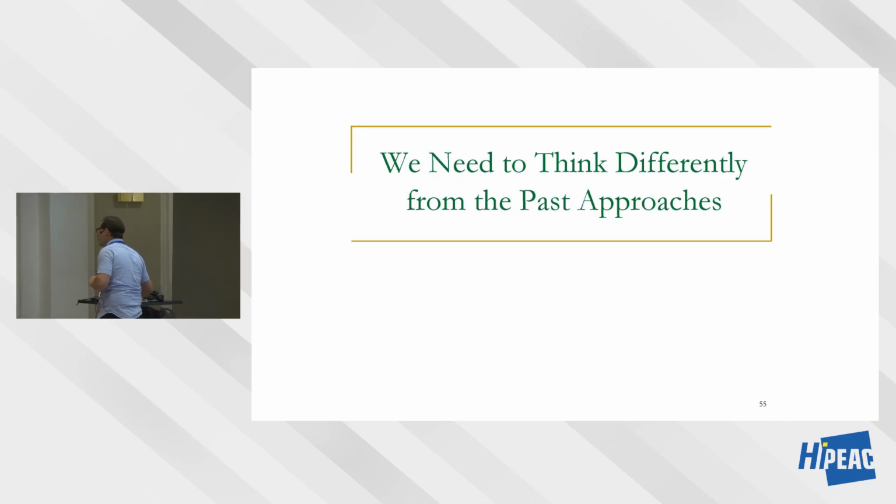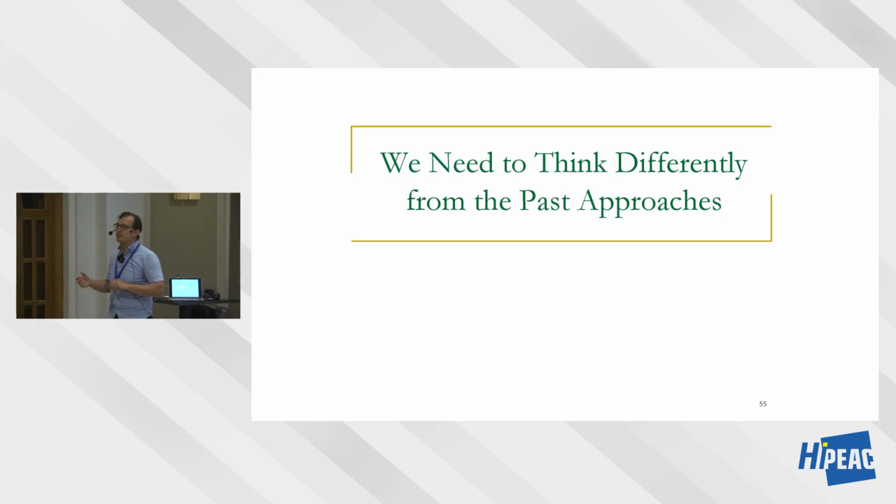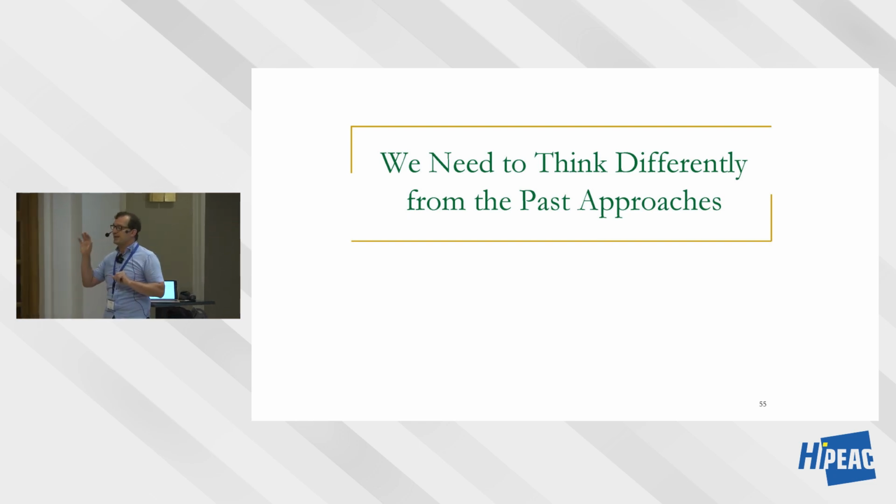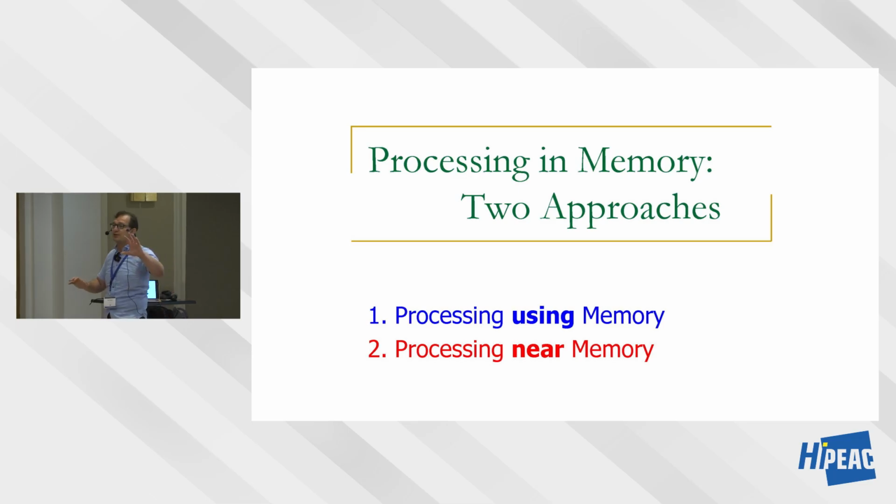Okay, so I should also say that we need to think differently from past approaches. Past approaches, those papers that I've described and many others that I have not described, basically say, you have memory, you have logic, put the logic closer to memory. This is called processing near memory in my terminology. Basically, you design logic as you do today. You design memory as you do today. This is nice because you don't change any of your design processes. And then you put logic closer and closer and closer. The logic can be inside the DRAM chip. The logic can be underneath the DRAM chip in a 3D stacked manner. The logic can be inside the memory controller, a little bit far away from the DRAM chip. The logic can be next to the cache, etc. All of these are examples of processing near memory.